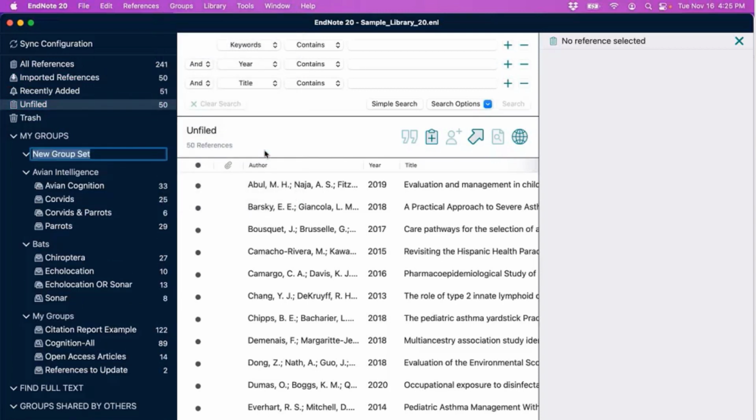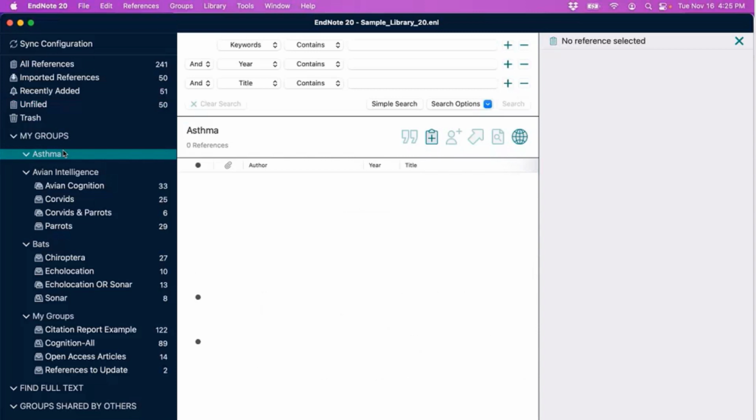We see the new group set's been created. We can give it any name we'd like, but something related to the project or, again, focus area usually makes the most sense. Now that we've got the name set, we'll press Return. With that name entered here, we can go ahead and now select that group set, and it's ready to start receiving groups.